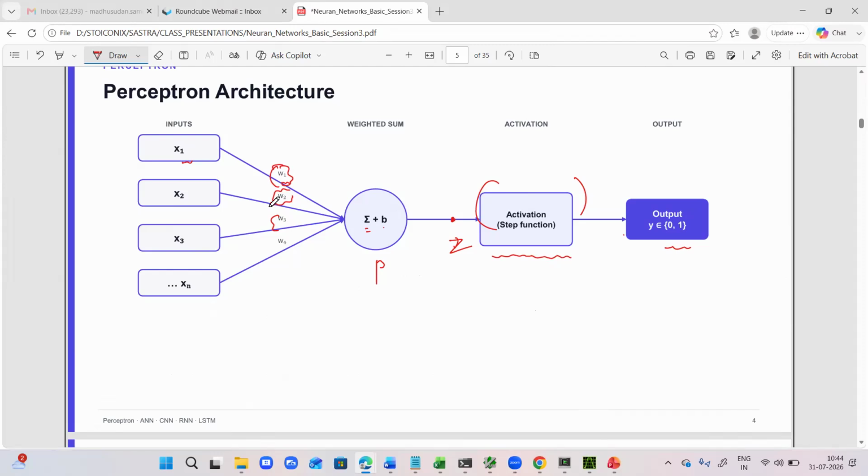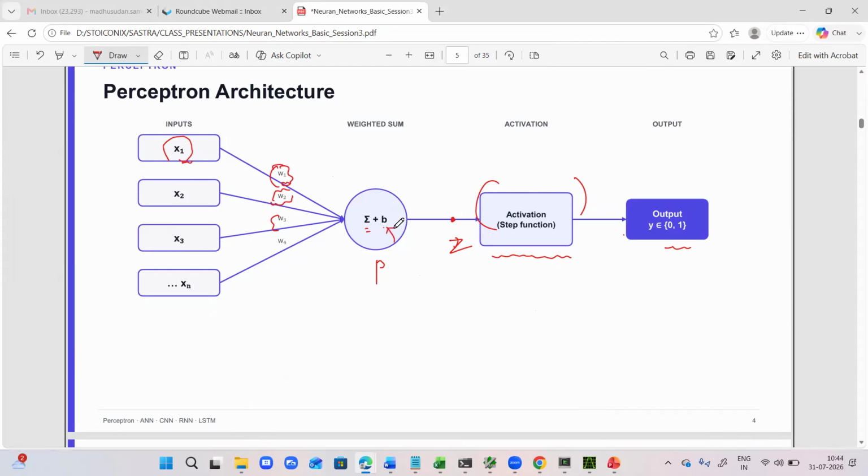Here, the W1, W2, W3 that you see just over these lines are the weights. These inputs are multiplied by these weights, and then a summation happens, sigma. So x1 w1 plus x2 w2 plus x3 w3, and so on and so forth,